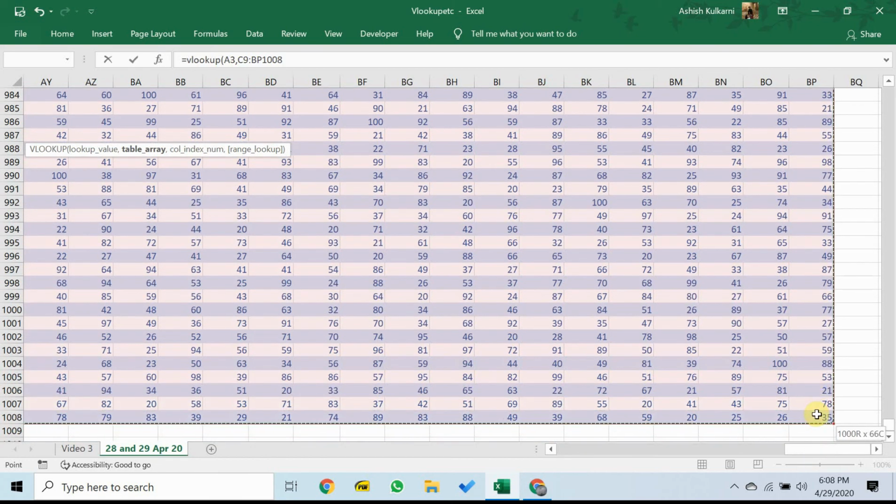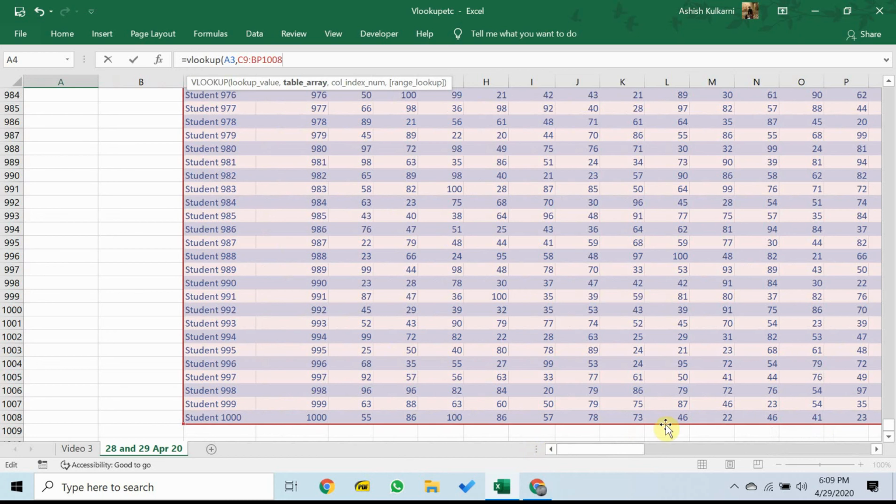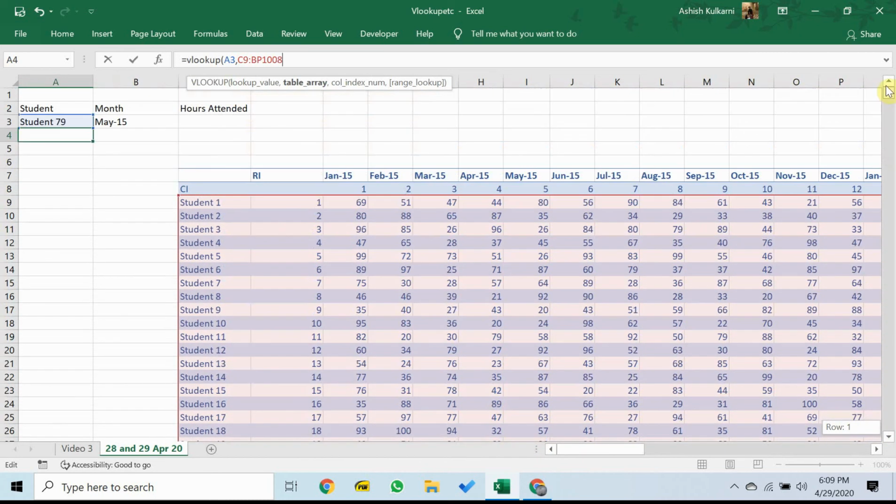Right, cool. So we've got 66 columns and we've got 1000 rows. That is where we want Excel to search. So we want Excel to search whatever is written in A3, where in this big table that is called the table array. Note that I could have given this a name right now using named ranges, but I've chosen not to. I will do so, however, in the case of HLOOKUP.